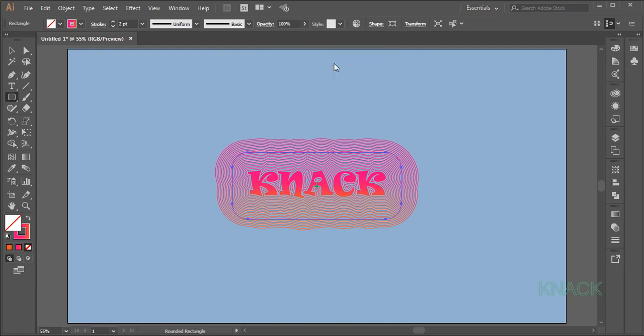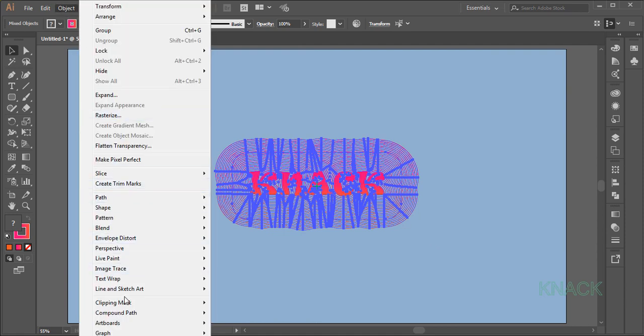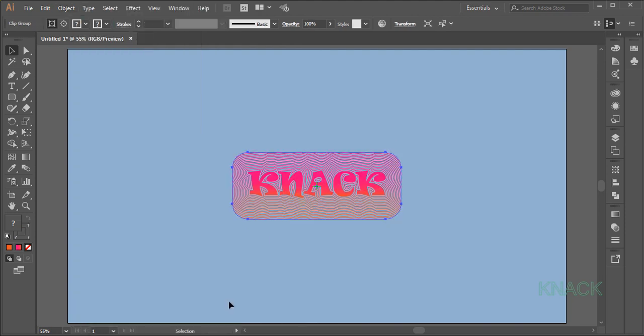Now copy this rectangle by pressing Ctrl C and we will use the copy later. Now we want this rectangle to clip away the artboard below it. For this, just select all the artworks we have drawn. Since this rounded rectangle is at the top of all the artworks, it will act as clipping mask. Go to Object menu, Clipping Mask and click Make.